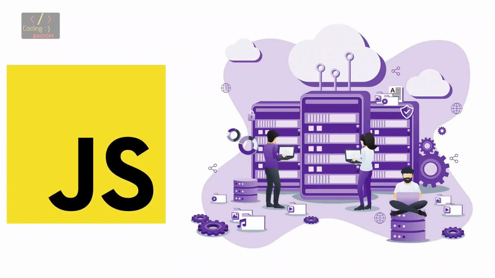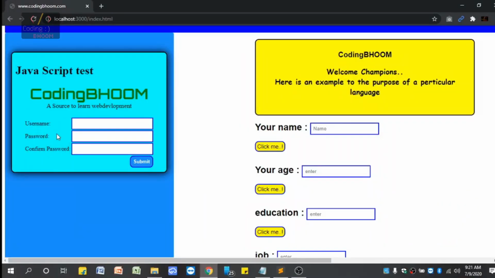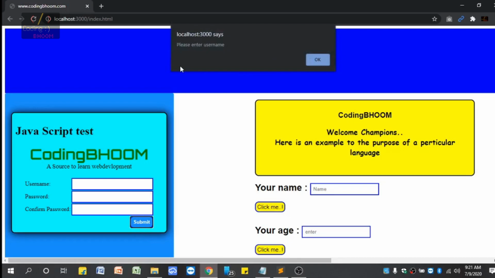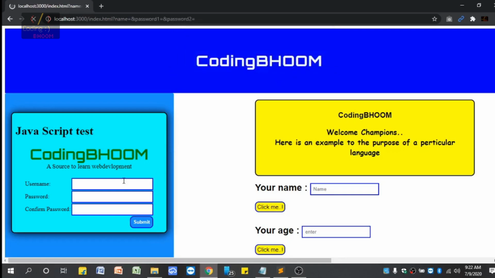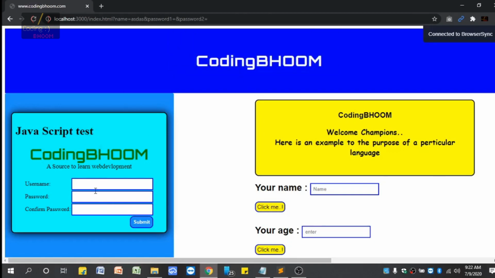What is the purpose of JavaScript in this website? The purpose of JavaScript in this website is that I made this to understand JavaScript. Here we see username, password, confirm password. I don't enter anything here. I just click submit. Let's see what happens. Here, it says please enter username. So this is the purpose of JavaScript. If you do anything with this website, some calculations and manipulations will happen according to the condition. I don't enter anything here, so it asks me to enter username. I enter username and click submit. It says please enter password. One by one it is checking whether the password and confirm password are empty. There is nothing, so it asks the user to enter the confirm password and the password.